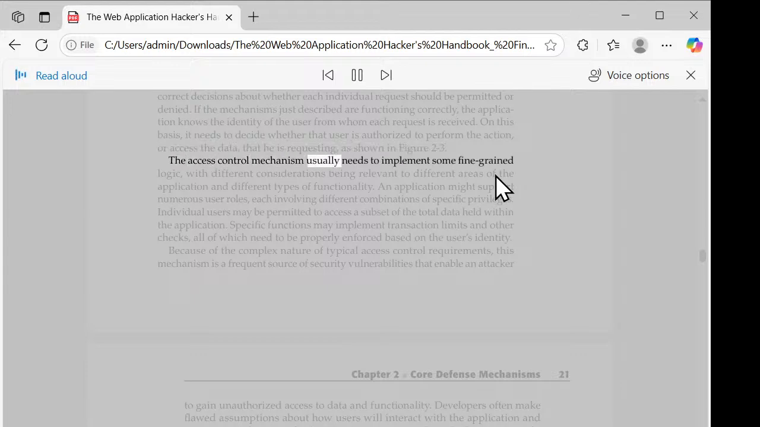The access control mechanism usually needs to implement some fine-grained logic, with different considerations being relevant to different areas of the application and different types of functionality. An application might support numerous user roles, each involving different combinations of specific privileges. Individual users may be permitted to access a subset of the total data held within the application. Specific functions may implement transaction limits and other checks, all of which need to be properly enforced based on the user's identity. Because of the complex nature of typical access control requirements, this mechanism is a frequent source of security vulnerabilities that enable an attacker